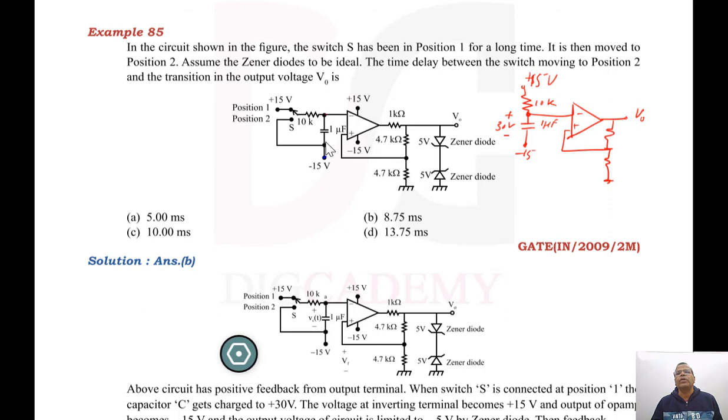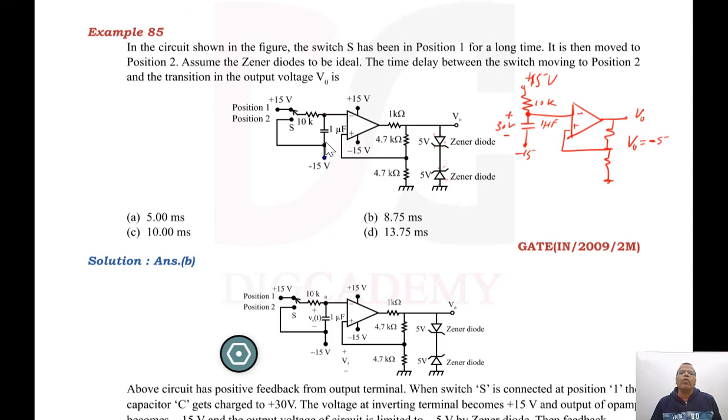With respect to ground, if it is negative, output will be positive. If it is positive here, output will be negative. So the output will be the voltage of the Zener diode plus the drop across each diode, but diodes are ideal. When the output voltage is negative, this is reverse biased, this is forward biased, right? So this will be simply equal to how much? Minus 5 volt. Why? Because this will be working in the breakdown region with 5 volt, and this will be working in the forward bias region. So overall voltage will be minus 5 volt with respect to ground. That's what I am trying to say.